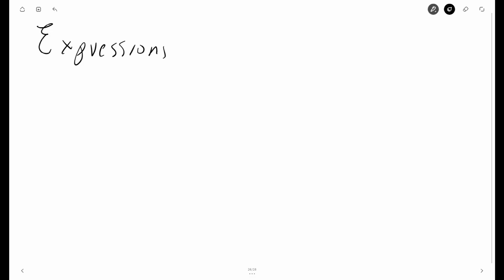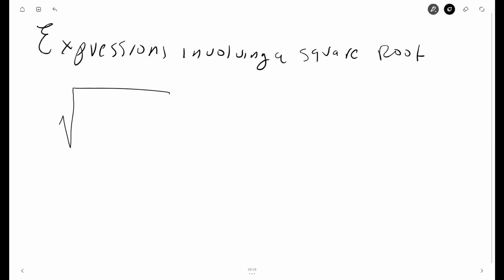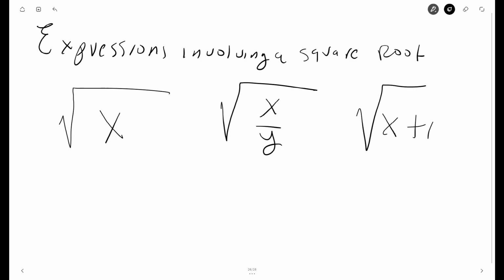I'm going to talk about expressions involving a square root. So expressions involving a square root look something like this. You have a square root symbol, and then you have either a variable or another or different types of expressions. For example, x over y, or something like x plus 1,